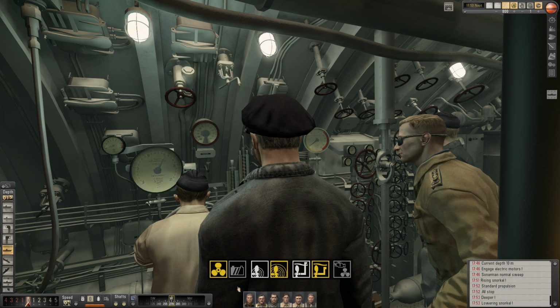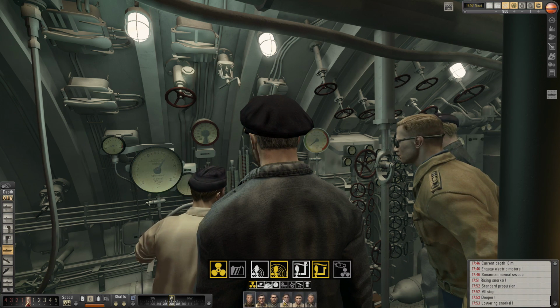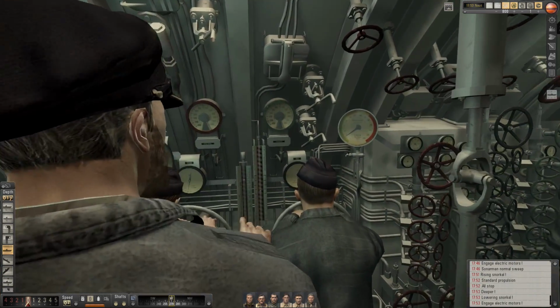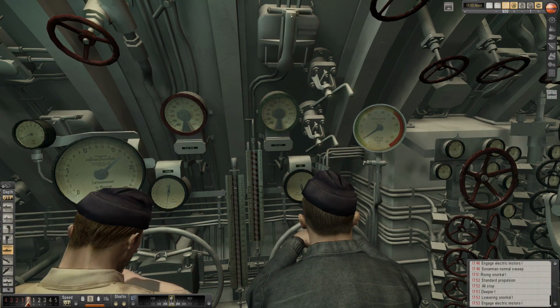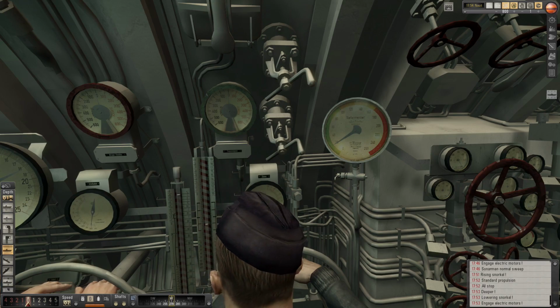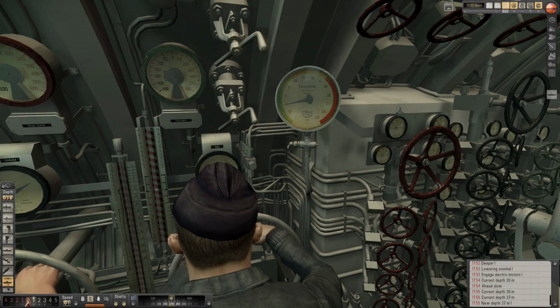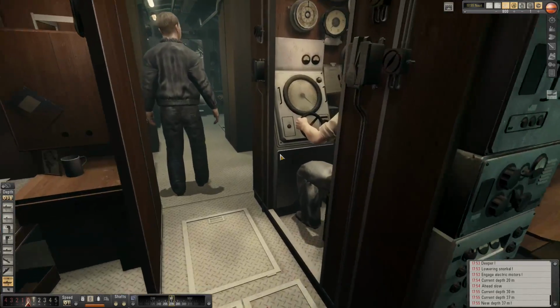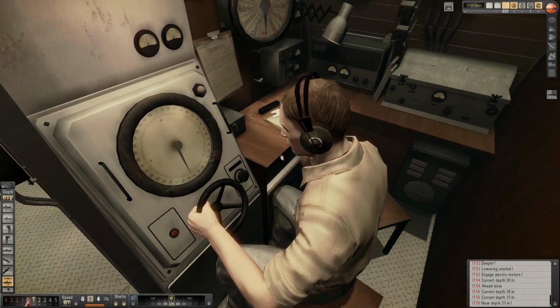Yeah, I think you can also go silent running there, which is quite good. Right, snorkel's coming down. We're going to go on batteries, engage electric motors just in case, as we don't need water getting into the diesel, do we? I'm not sure if that's a thing, but either way, let's not take too many chances. Okay, we just come down to 38 meters now. We'll just do another scan with the sonar, see if we can...